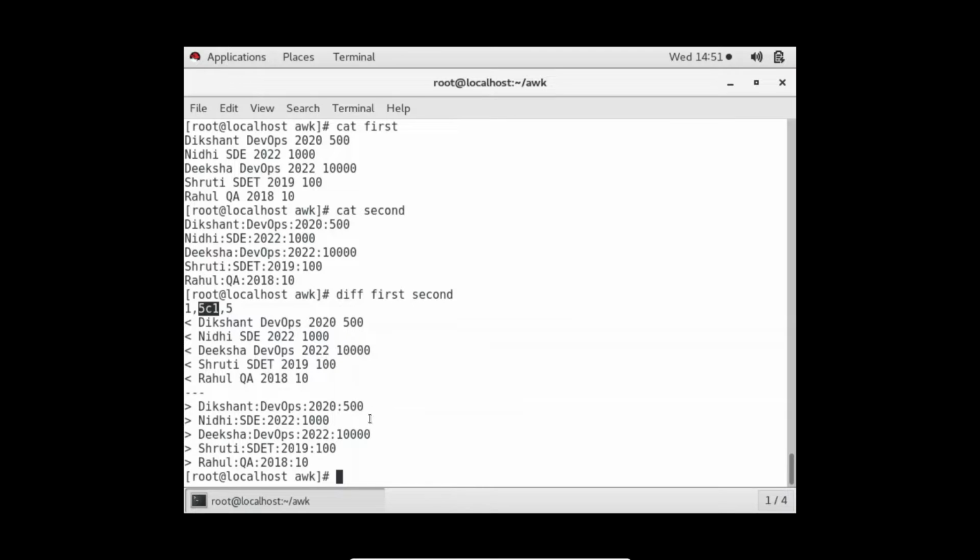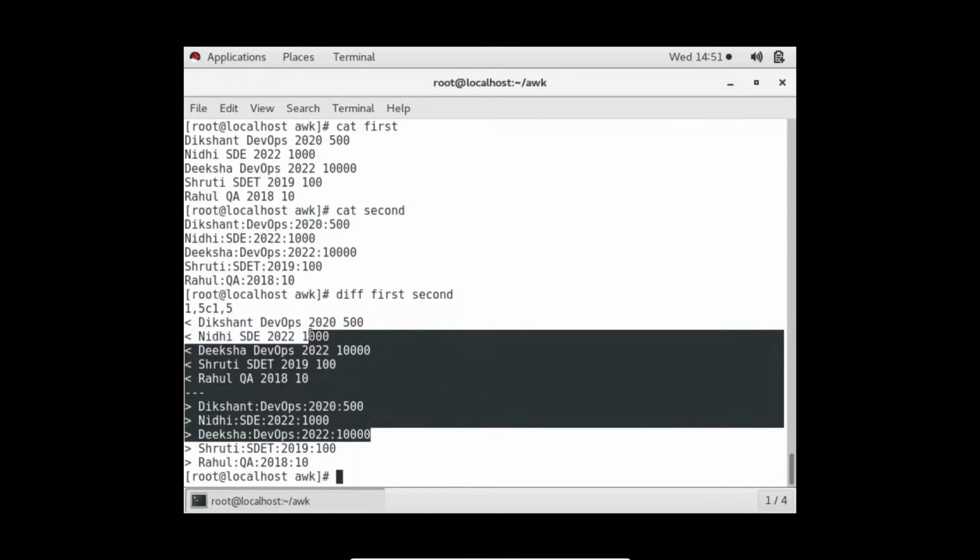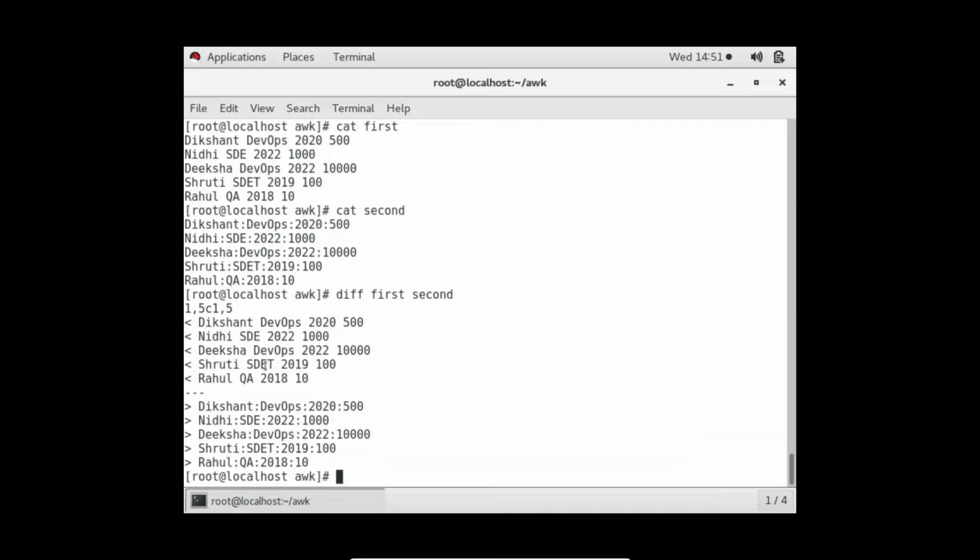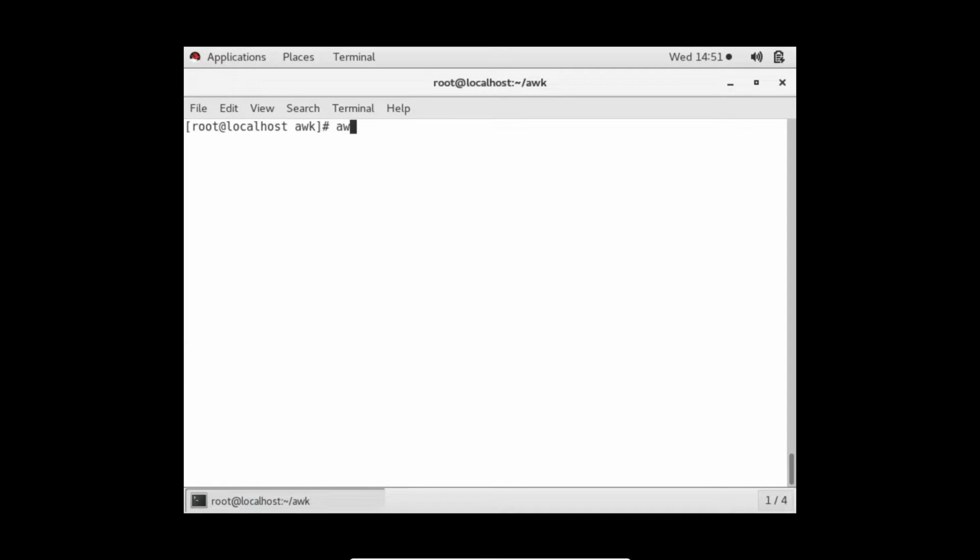If you match the data as it is, everything is the same, the only difference is between these words we have spaces in the first file, and in the second file we have a colon between the words. So how I can use AWK is,